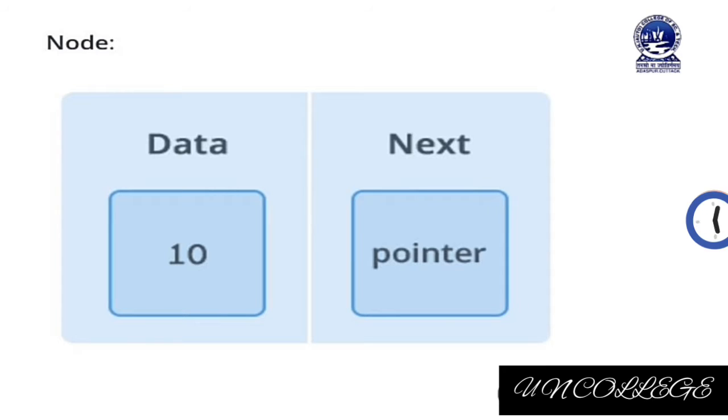The node consists of two parts, as we have already discussed: the data part and the address part. Here I have used the term next to refer to the address part. The address part is exactly a pointer, and it is the responsibility of the address part to store the address of the next node. In the data part you may enter integer, character, float, any sort of data as per your requirement. There must be a minimum of one data item. You may also enter multiple data.